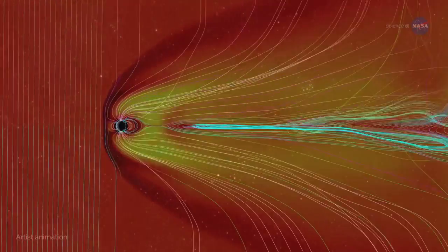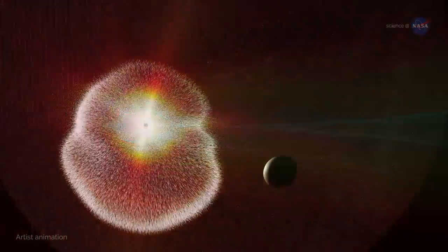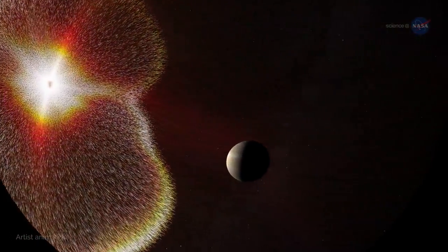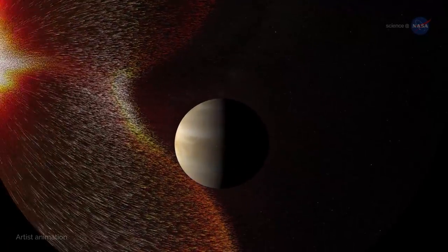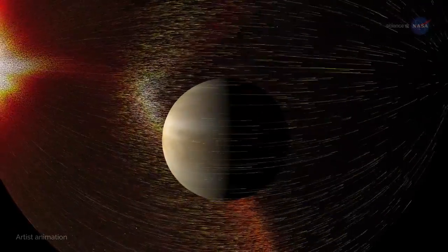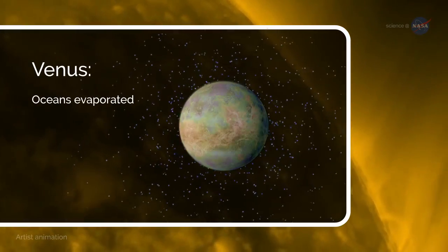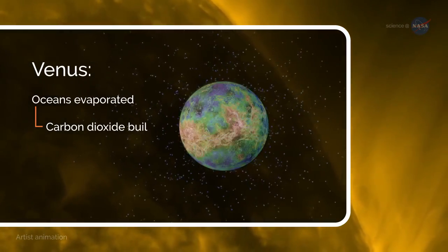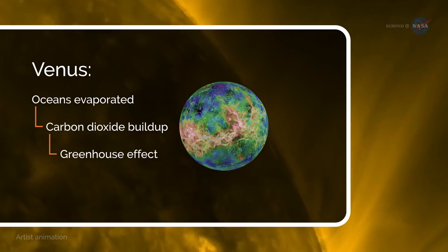strong magnetic field, which provides protection from the solar wind. Without this magnetic field, our atmosphere would be stripped away, leaving the pale blue dot looking more like one of our neighbors. Scientists believe Venus's early oceans evaporated. With no water left on the surface, carbon dioxide built up in the atmosphere, leading to a runaway greenhouse effect